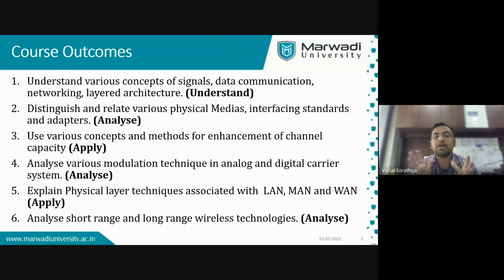Now, country by country, there are several countries, and they have their own regulations and their own technologies. Country by country, for this communication, they have their own rules. Like in the US, the mobile gadget, the frequency, or the basic signal they are using is not the same as in India.